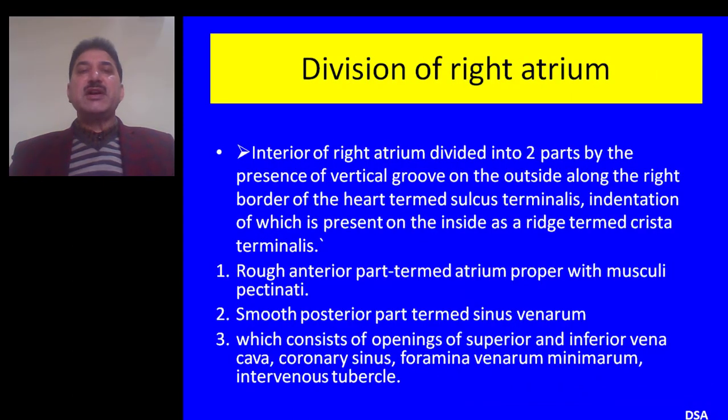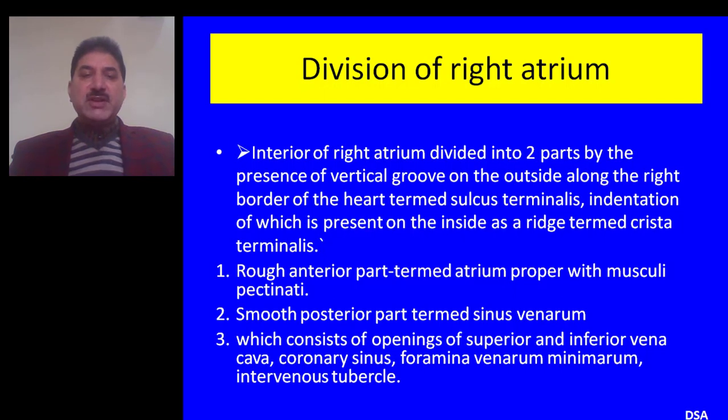Division of right atrium. The interior of the right atrium is divided into two parts by the presence of a vertical groove on the outside along the right border of the heart, termed the sulcus terminalis, the indentation of which is present on the inside as a ridge termed the crista terminalis. Thus, the crista terminalis divides the right atrium into: number 1, the rough anterior part termed the atrium proper with musculi pectinati; number 2, the smooth posterior part termed the sinus venarum; third part, which consists of the opening of the superior and inferior vena cava, coronary sinus, foramina venarum minimarum